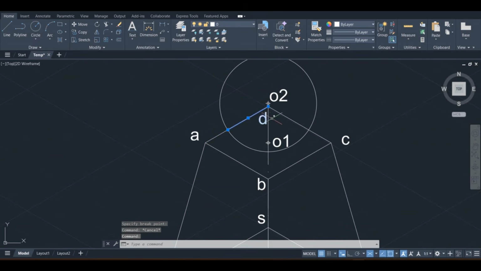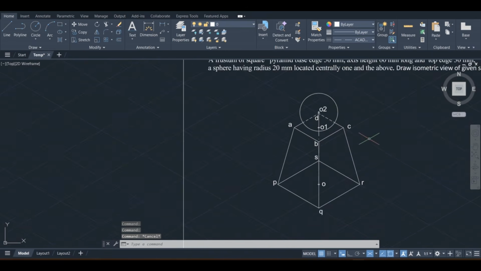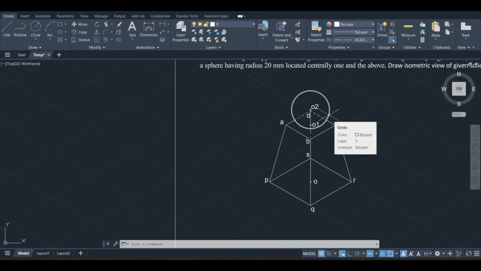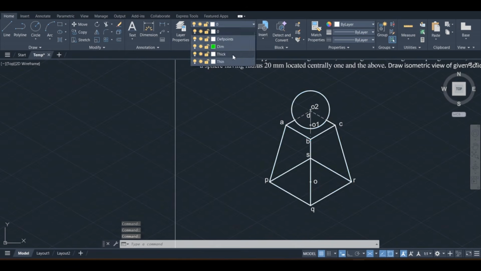Now see, select this and this, change the line type to hidden. Okay, now give the line properties as bold, select all these lines, and this segment also change to thick.